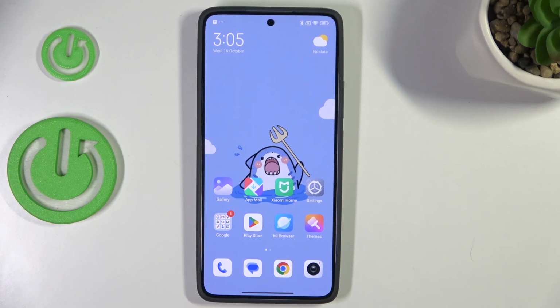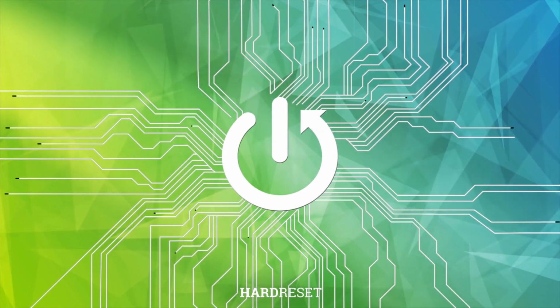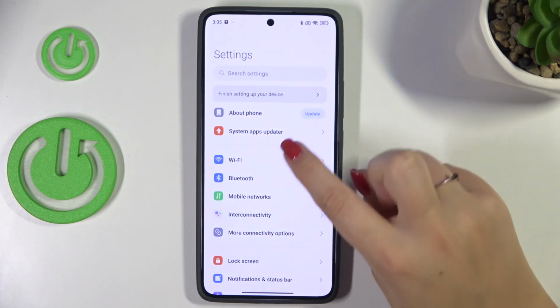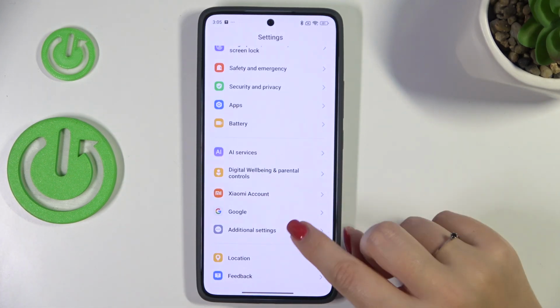Hi everyone, in front of me I've got Xiaomi 14T and let me share with you how to change system language on this device. So let's start with opening the settings, and here we have to scroll down to the very bottom to find